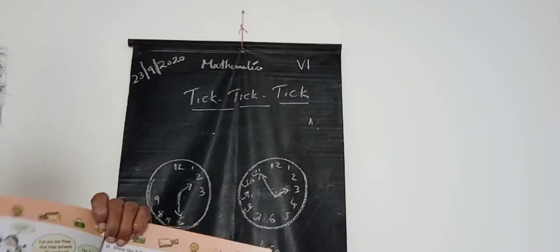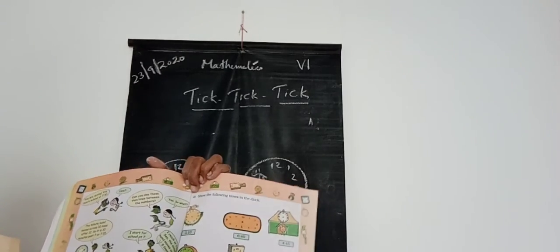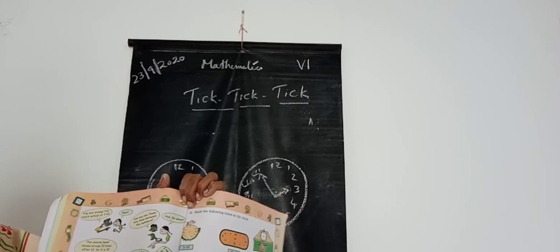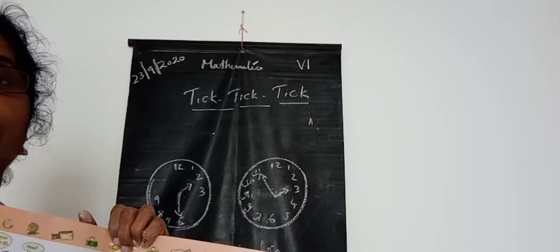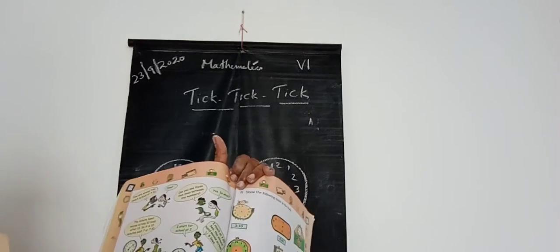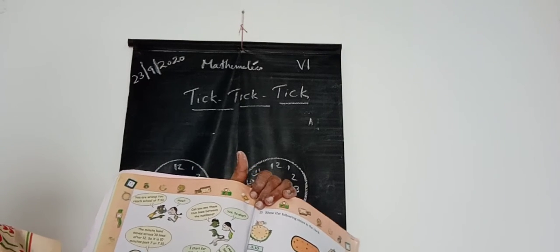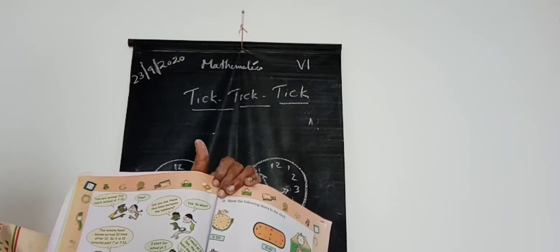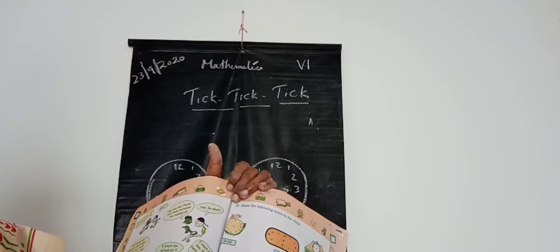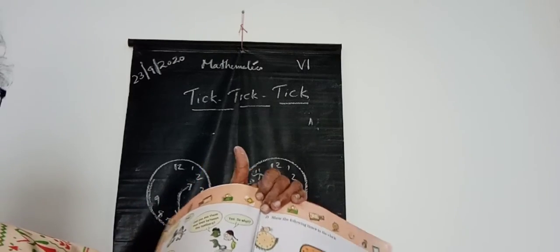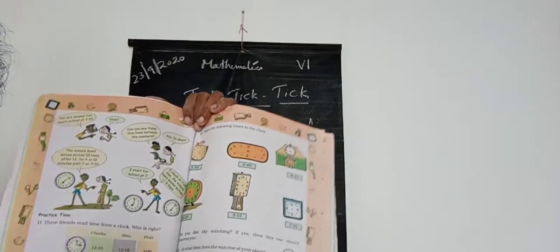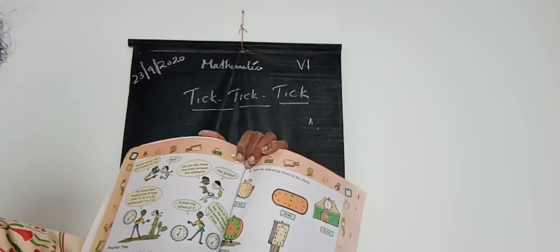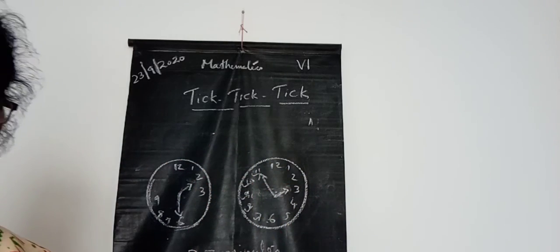Here also, that is already shown here. Who is right? Time already given here. And some Chiku, Bitu and Pinky are reading that time. Which one is the correct one? You have to put a tick mark. First one. Here you can see small hand is in 3 o'clock and long hand is 12. That is the time 3. But Chiku is reading 12:03 and Bitu is reading 12:15 and Pinky is reading 3 o'clock. Then what is the correct time, children? That is 3, isn't it? So you have to read that 3 o'clock, put a tick mark, and you have to find out this one also, that you have to take as homework.